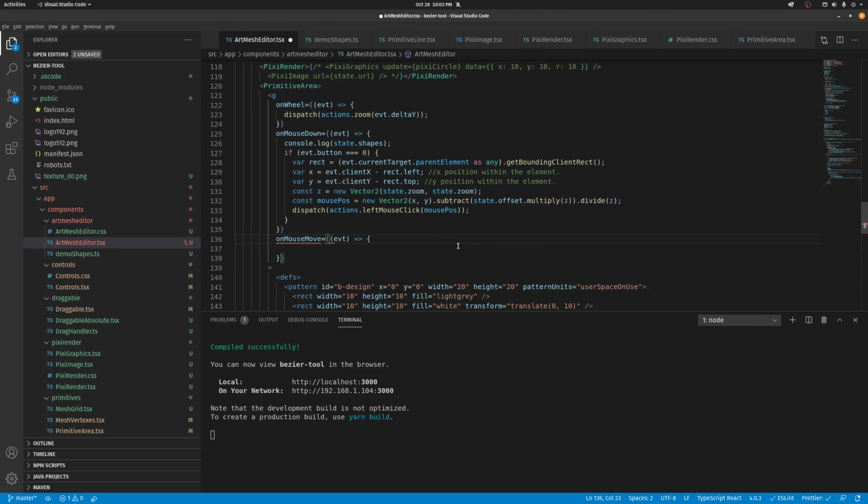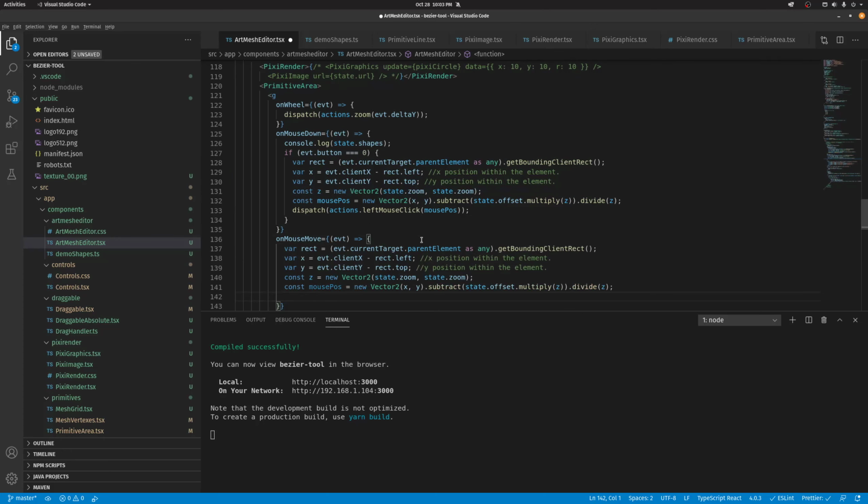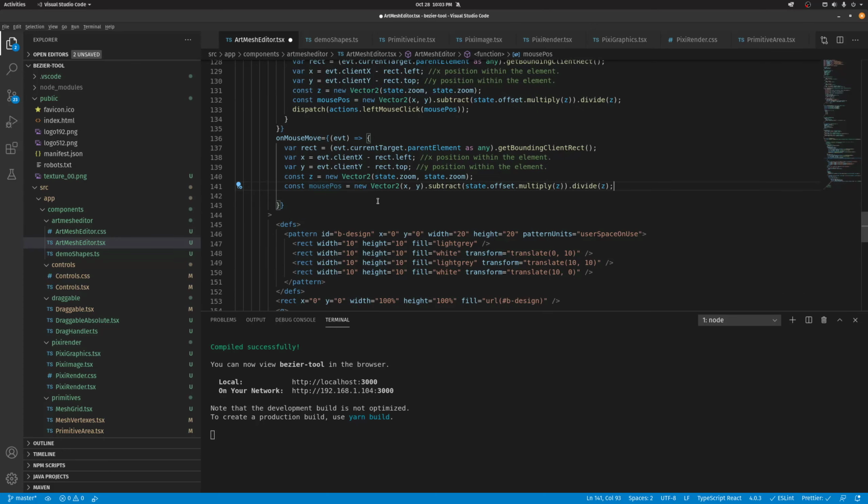Oh, yeah, duh. Equal sign. That red was so confusing. Okay, so on mouse move, I need to do the same little motion up here, scale the coordinates. I'll refactor that some other day. And so the idea is that if we are in the if